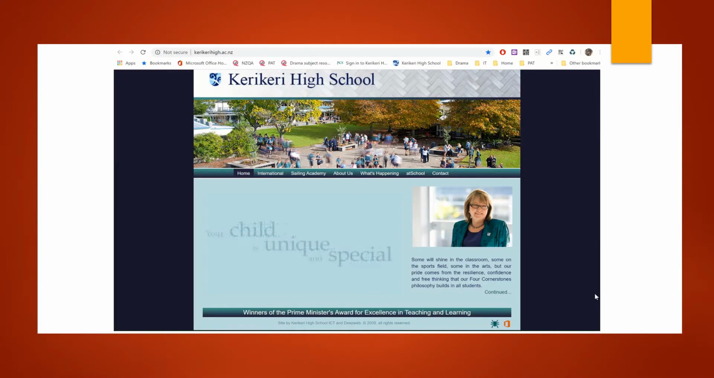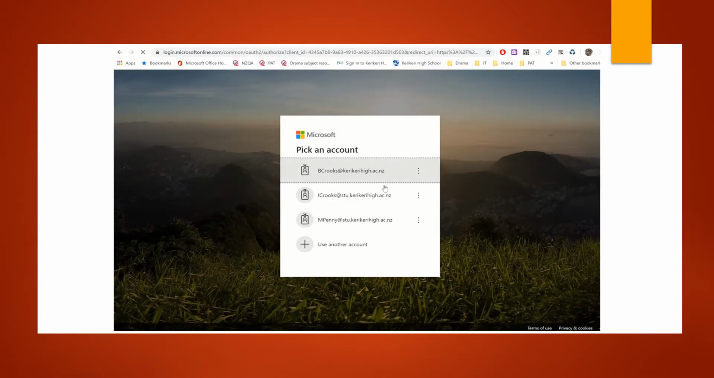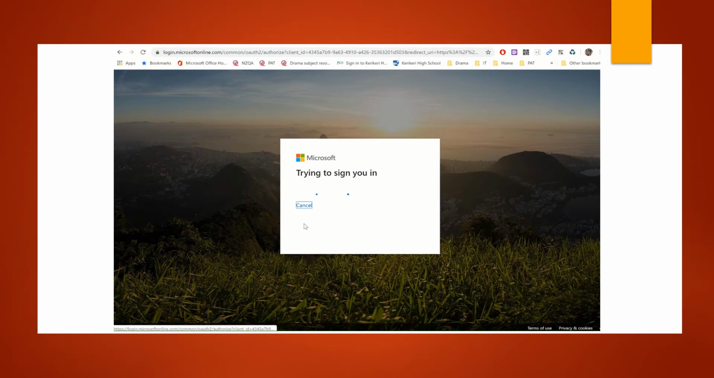If you've got a laptop, you're probably going to want to download the desktop version of all the Office tools. And I'll show you how you can do that. If you go to the Kerikeri High School webpage, if you just go to the little orange thing, it'll take you straight to your Office home. You may have to log in and sign in like this. So if I sign in,